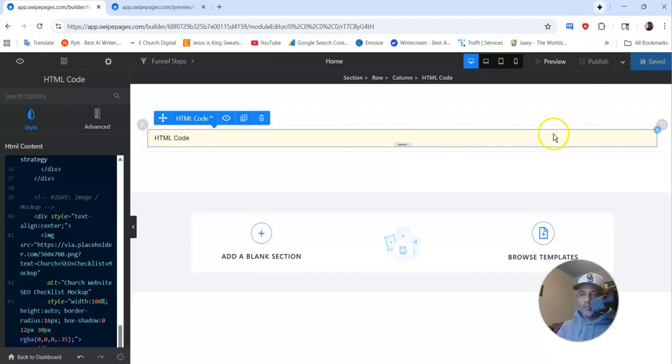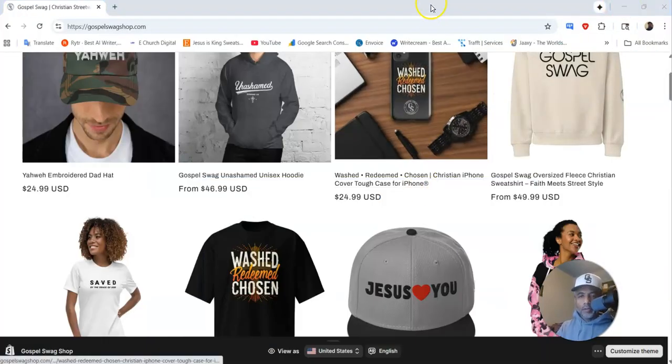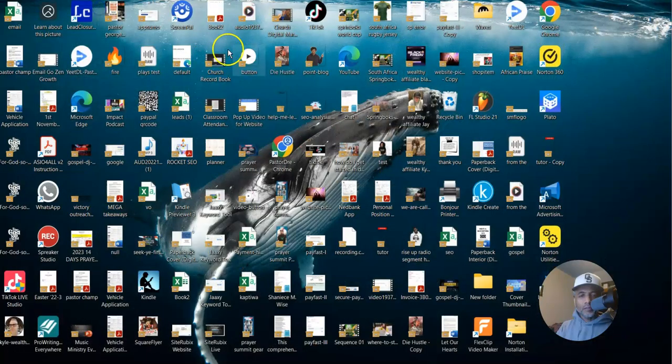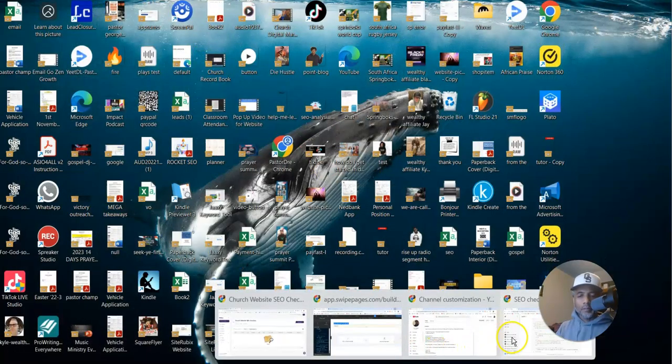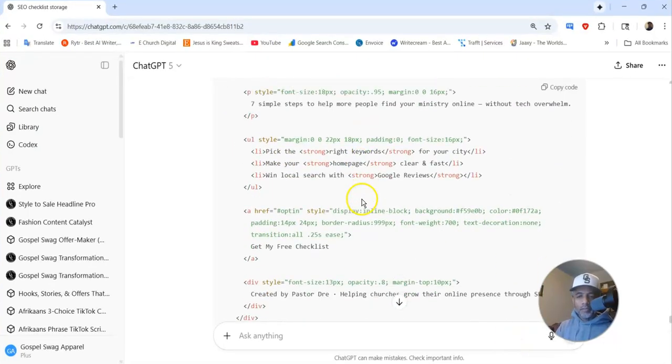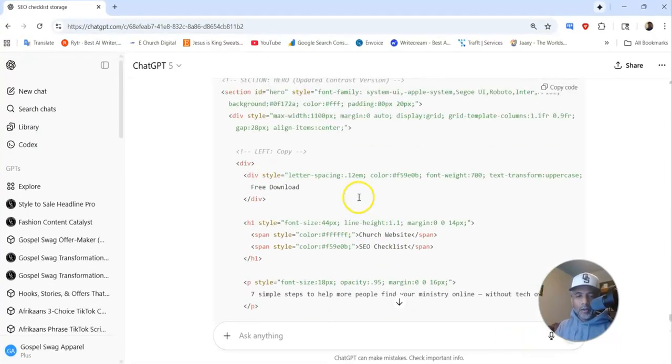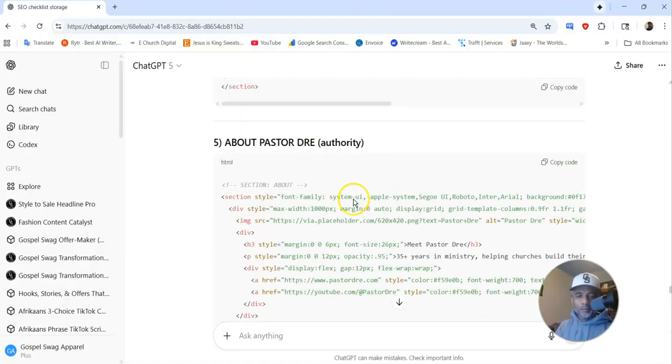Let me go to section 2. All right, that's my store right there, my online store. Sorry about that. Let me just go ahead and load everything up. All right, section 2. So we got section 1 done. Now we're going to go grab section 2,